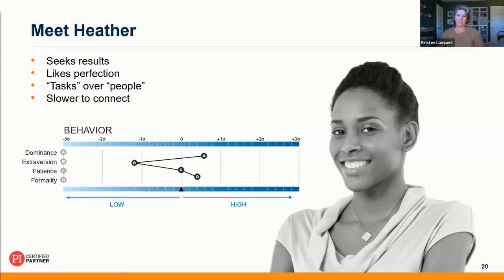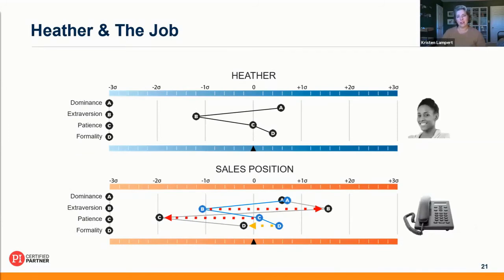And so what I want to do is actually double click a little bit on where we see the delta on that. So when you see Heather, you see where she sits. And if you look, you can see that there's two main areas where we flagged around her candidacy. So one is her extroversion; she naturally is a bit more introverted. And so the question in the interview process was, hey, how does it feel to flex over more towards a high B? Is that a function that you're happy to do well, and is that something that you're strong in? Or is that going to create some strain for you or dissonance if you have to maintain a pace?